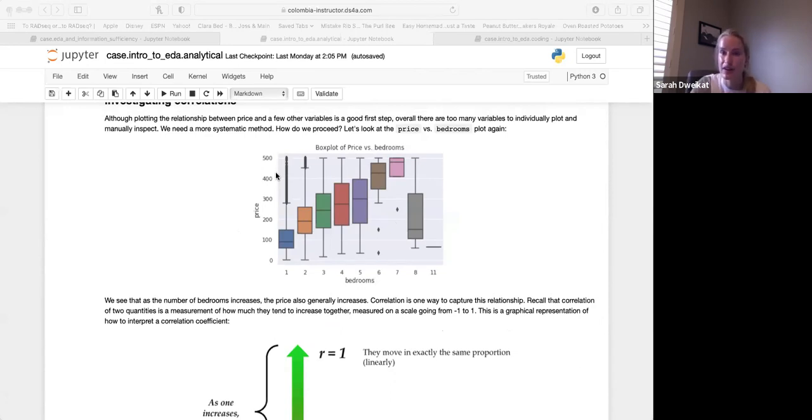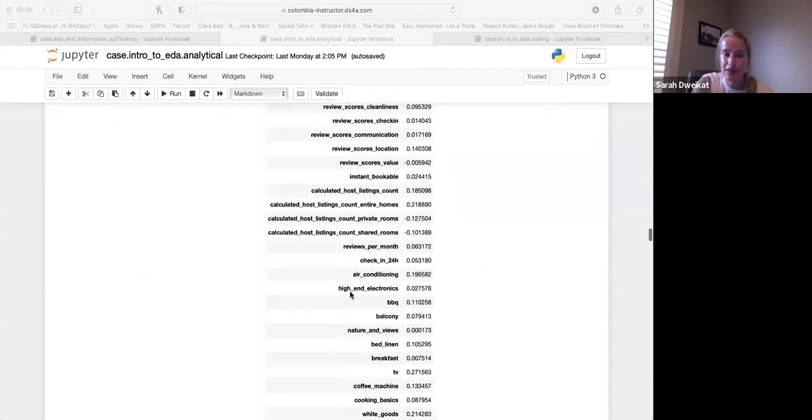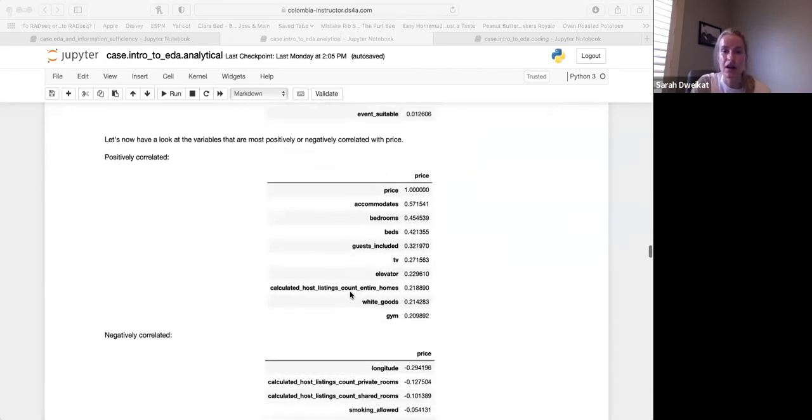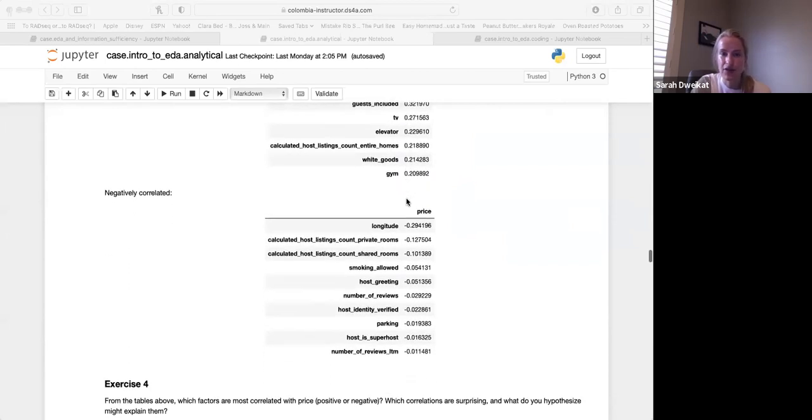your correlation. Having such a broad range in your values for a 1-bedroom rental seems to be messing with our correlation a little bit, but that's okay. We still see a pretty strong positive relationship here. And then for price, this is kind of interesting, right? This is kind of a standout.